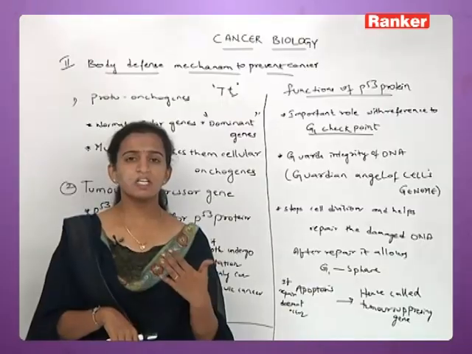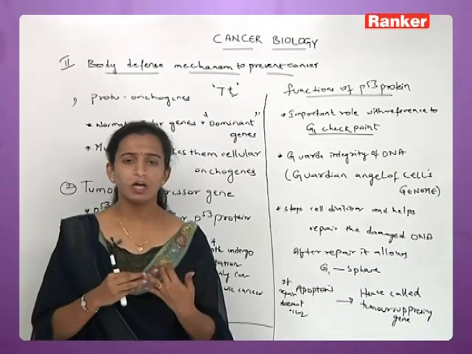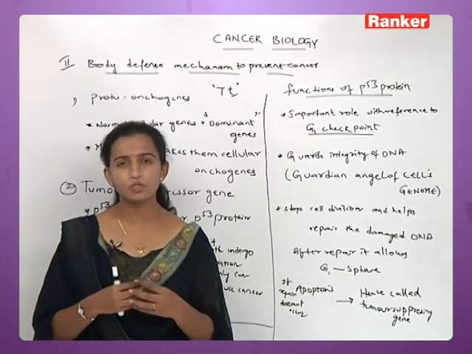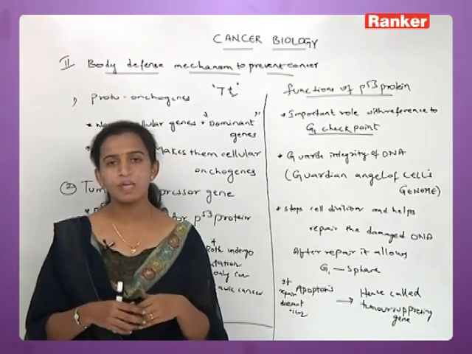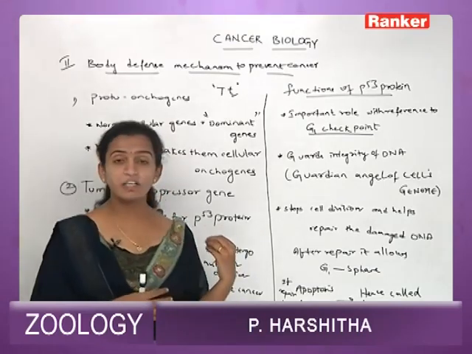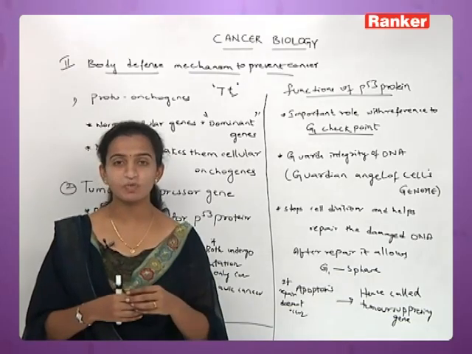That means the DNA is in a repair condition, or the cell is damaged and it is nowhere repaired, or it is impossible to repair. So it needs to go for apoptosis. That means it needs to kill itself. But if that is not going to happen, it means there is a lack of the P53 protein.